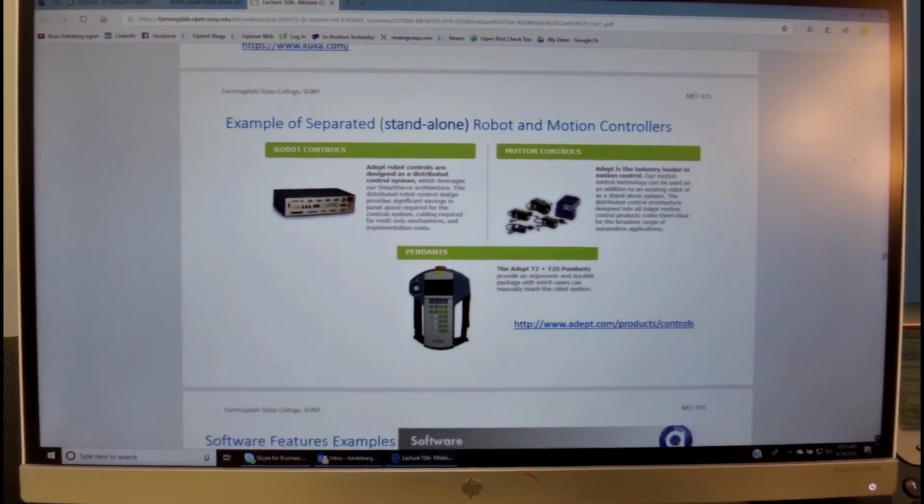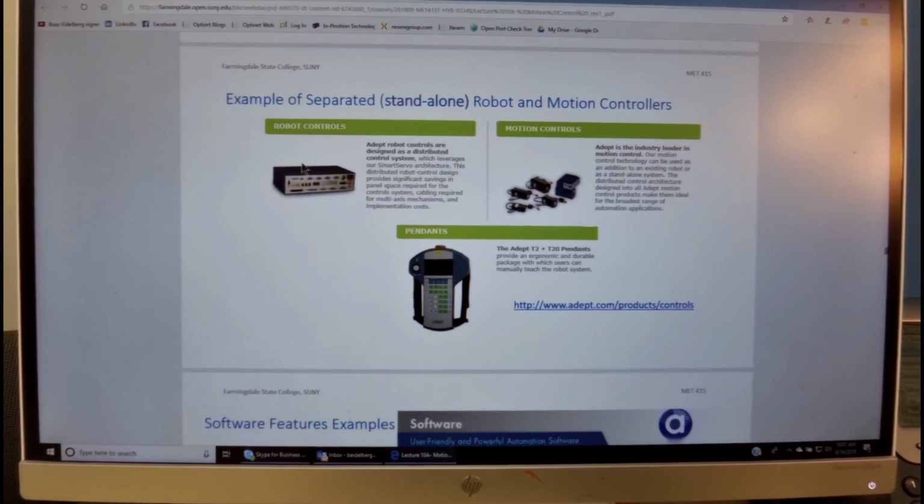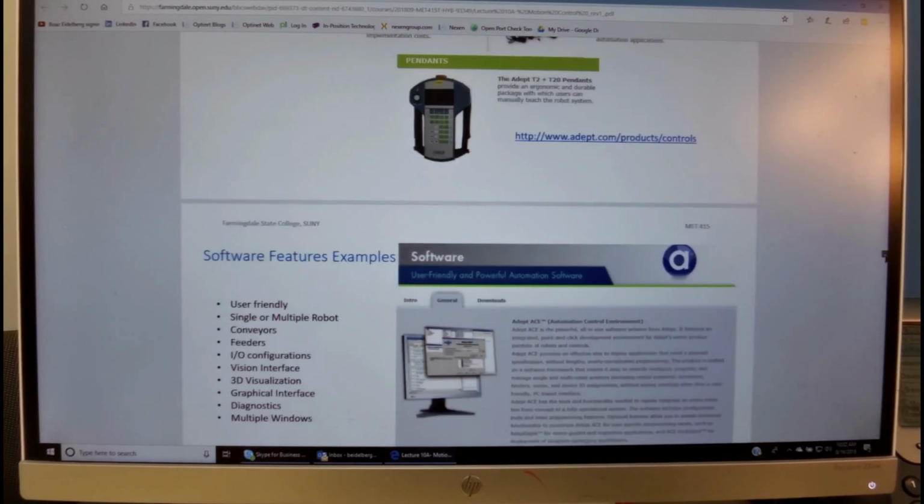Here's an example of a standalone robot controller, and also various standalone motion controllers that can operate Cartesian robots of various types and numbers of axes. And here's the type of pendant that this particular company, Adept, is using.